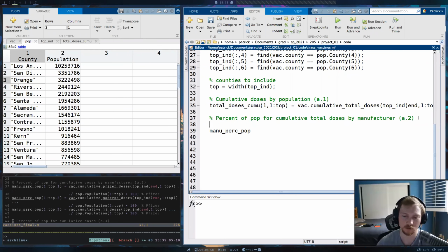Okay, I should have had a comment really. Let's do Pfizer first. I'm saying manu perk pop, manufacturer percent of population. Here I'm going to have 1 to top amount of rows, and then 1 column here, and this will be for Pfizer. So let's go to